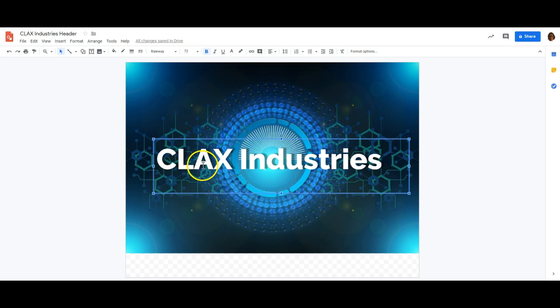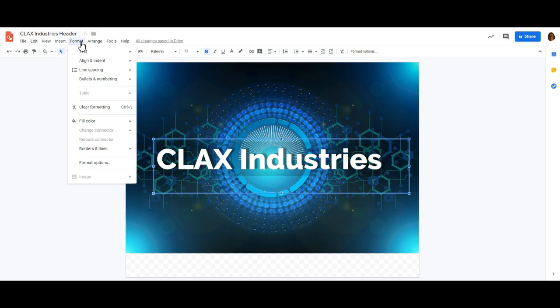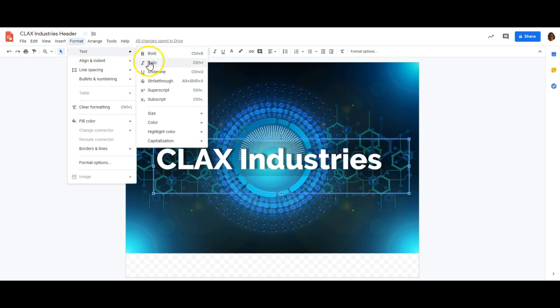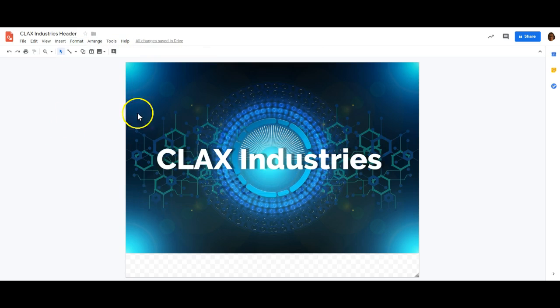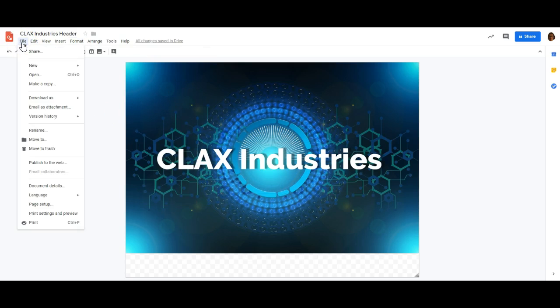With this text box, I put in my word that I wanted, my company name, and then I went up and I changed the font, I changed the sizing, made it bold, did things like that. I can also, if I select this, go to Format, and within text I can choose some other options as well. Fill color, which sometimes works depending on what it is we're doing. And then when I was all done, I went up to File, and I downloaded it as a JPEG. Downloading as a JPEG gave me an image file that I could then